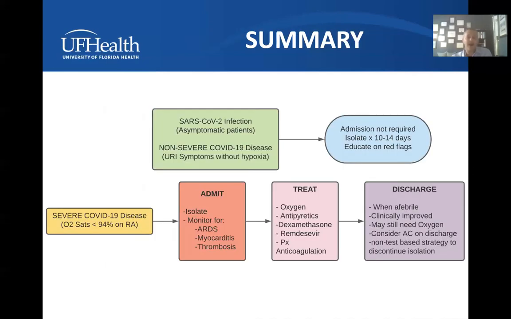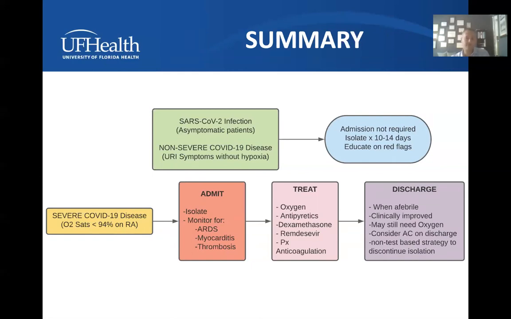In summary, identify the difference between SARS-CoV-2 infection, asymptomatic patients with a positive test, and non-severe COVID-19 disease, upper respiratory infection symptoms with no hypoxia, and send those patients home with instructions to self-isolate and education on red flags to seek assistance, as lower respiratory disease may lag 7 to 10 days behind the onset of symptoms. Admit any patients with severe COVID-19 disease, that is, those with oxygen saturations less than 94% on room air,